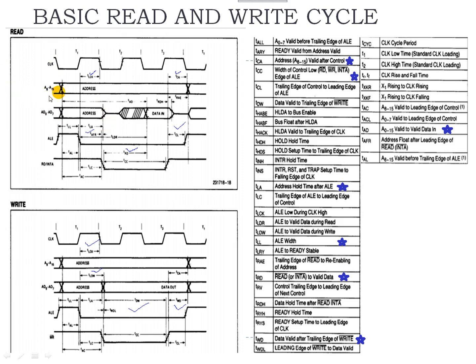This segregation is controlled by the ALE signal, and here you will be supplied with a read or write signal. You can notice that the address is supplied from the